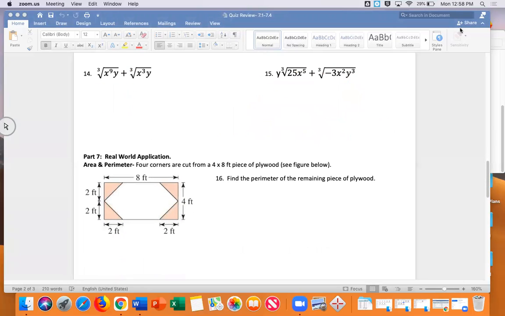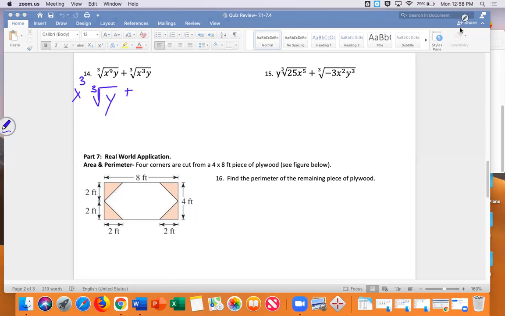Mr. Emmy, with this one, with 14, we have these cube roots. So I'm going to sort out by having that cube root there. Do you see that? 3 goes into 9 3 times. And 3 doesn't go into the y. It's just 1. So I have the x to the 3rd times the cube root of y